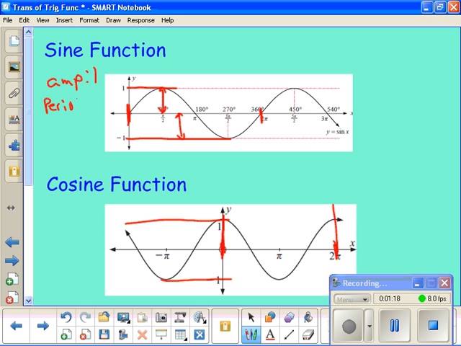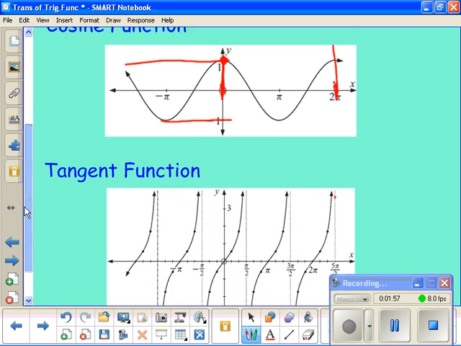The period is 2 pi, so it repeats every 360 degrees, or 2 pi. It doesn't have any phase shift unless it's not starting at 0, 0 for sine, or in this case 0, 1 for cosine. And then it also has a principal axis of y equals 0, okay? Because the middle line of the function, what passes through the middle of the function, is y equals 0